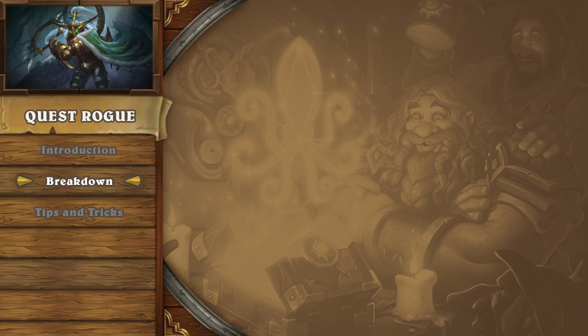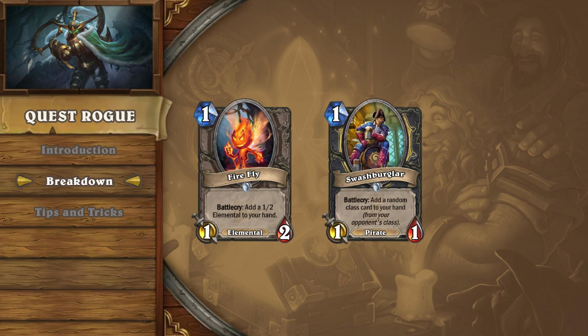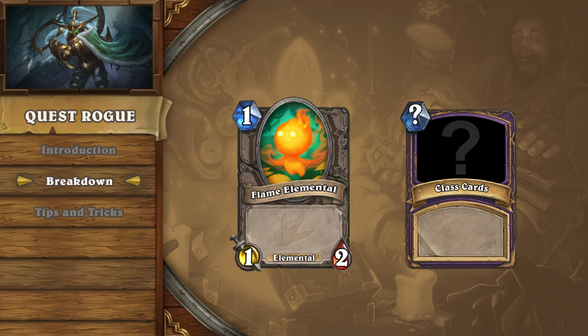First, there seems to be little to no situation in the current meta where you don't play Caverns Below on turn 1. When mulliganing, you should keep the quest and then look for an ideal curve that looks like a roadmap to quest completion. Firefly, Swashbuckler, and Novice Engineer are ideal minions to have in your starting hand. Your deck is filled with one-cost minions, so in order to play the cheap stuff without emptying your hand completely, it helps to develop the quest with these cards, which add Flame Elementals, class cards, and additional cards from cycle